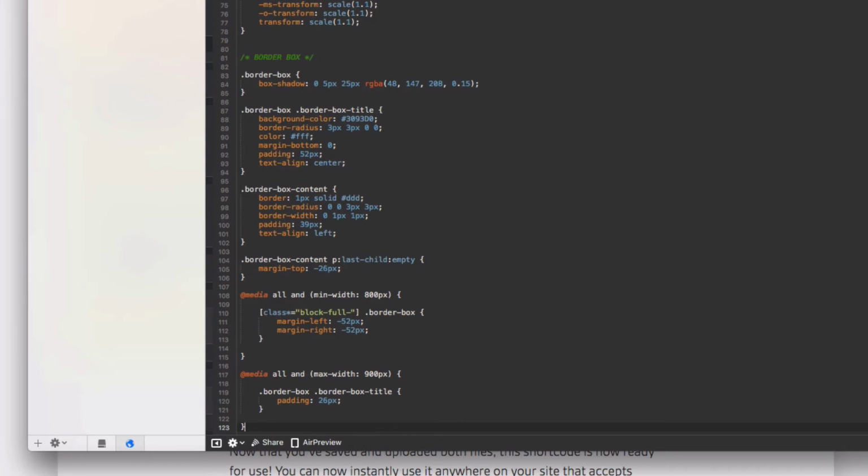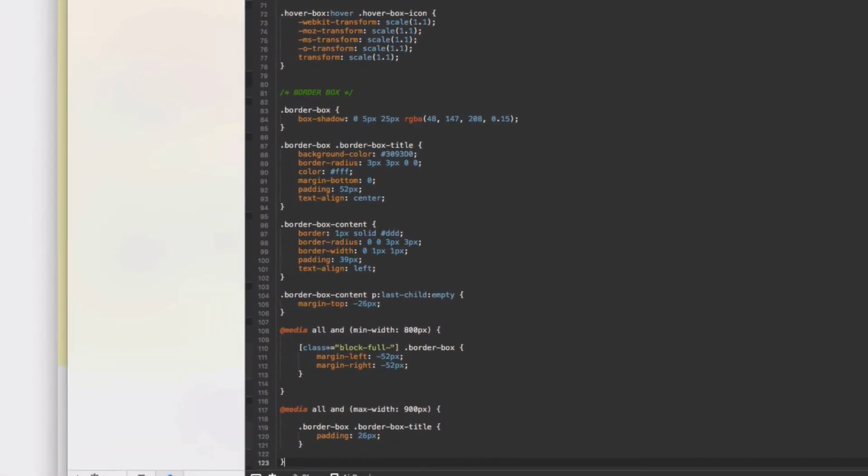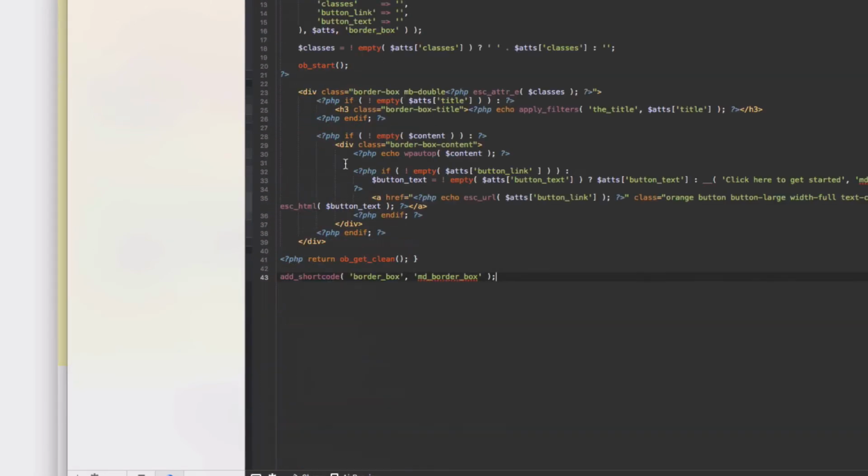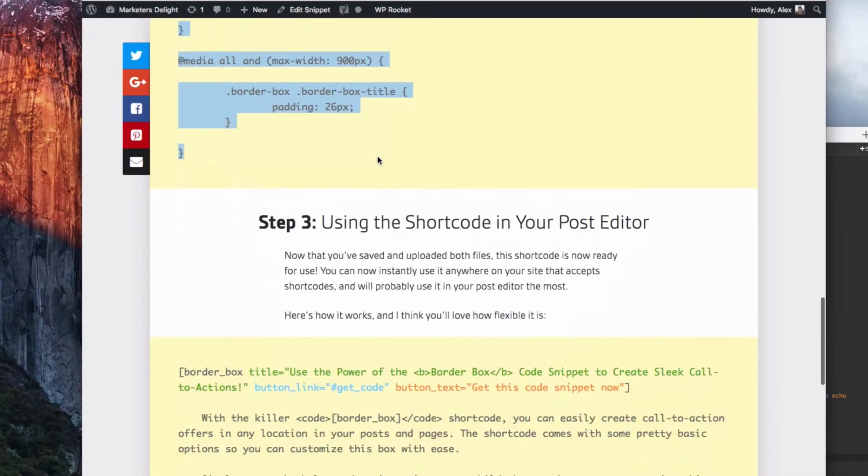that you paste all your CSS into one file, just because you don't want your site to load a whole bunch of style sheets. By default, you're going to be loading the Markers Delight style sheet and now your MD child theme. So let's keep all of our CSS in one file instead. Now that we have added our style and we've added our shortcode into our functions file, let's just see